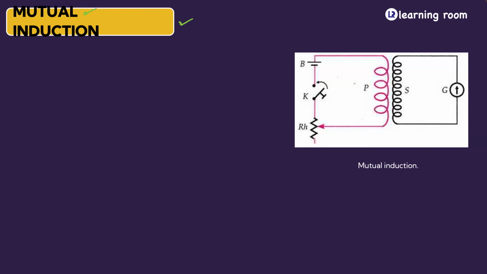So in this case, you will have two coils. Listen to this carefully. You will have two coils where one of the coils will be connected to the battery and the other coil will be connected to a load. When I say load, it can be any electrical load like a galvanometer or a small LED bulb or a resistor, whatever it is, where you can detect the presence of current. Here, if you observe, we have one coil which is connected to the battery, and there is another coil which is connected to a galvanometer.